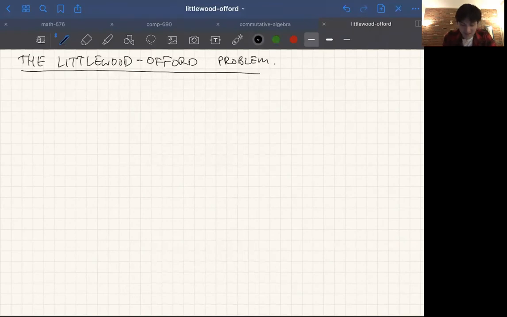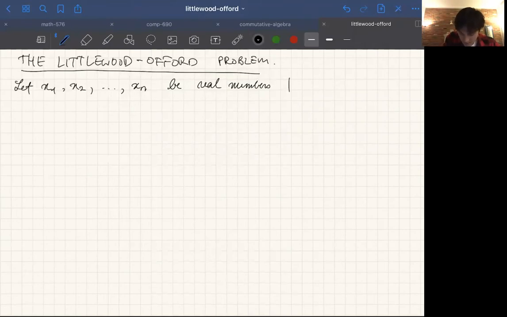So what is the Littlewood-Offord problem? We're going to state it in a special case, dealing with real numbers. Let x1, x2, all the way through xn be real numbers, and all of them have absolute value at least 1. Notice there are n numbers, so there are 2 to the n different sums,